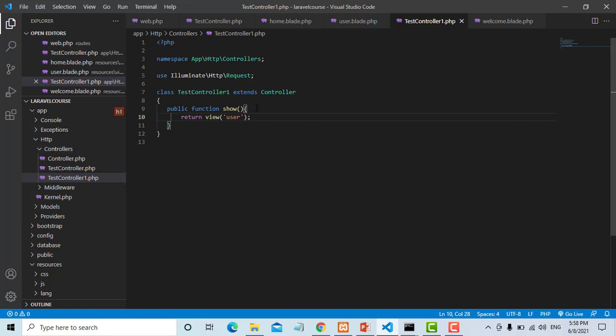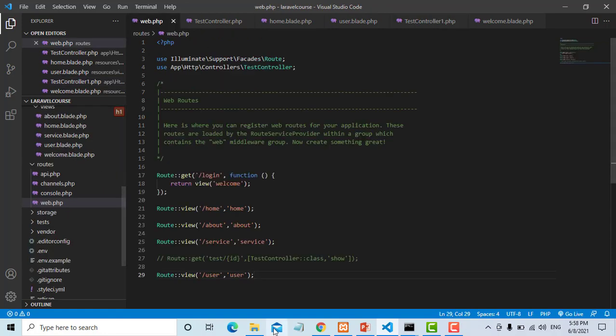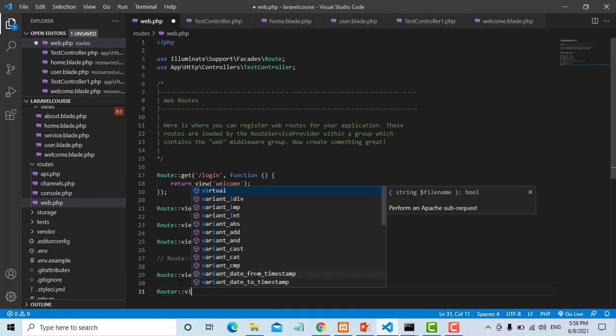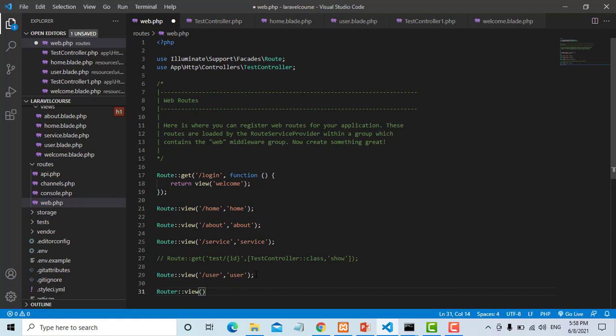So now let's define a route for this. Route view, I will put here, let's say user view. This is my URL.